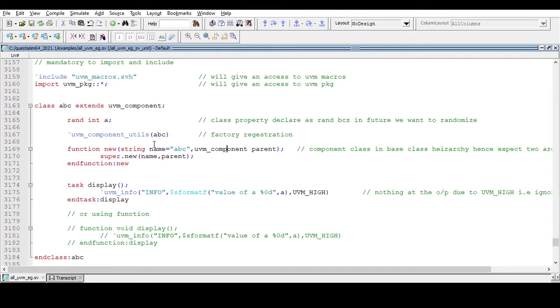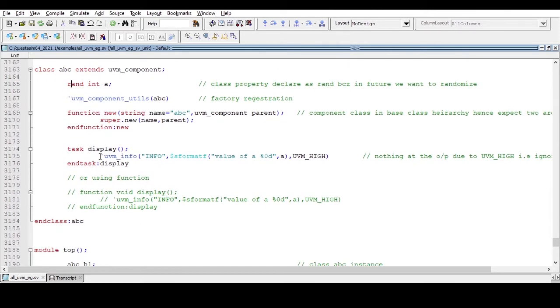Now we need to register with the factory using `uvm_component_utils, and within parentheses we provide this class name. I have declared a property here, int type a, and I have declared it rand because in future I want this property to be randomized.